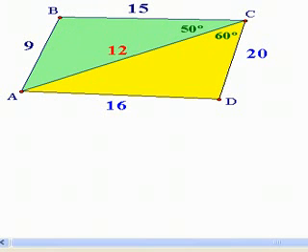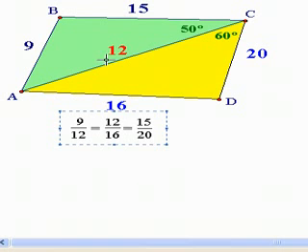So now I'm going to see if side-side-side works. There are three side measures in this triangle, and three side measures given in this triangle. The trick to doing this is to organize the sides. 9 is the smallest side in this triangle, so I'm going to match it up with the smallest side of this triangle, which happens to be 12. So when I do that,